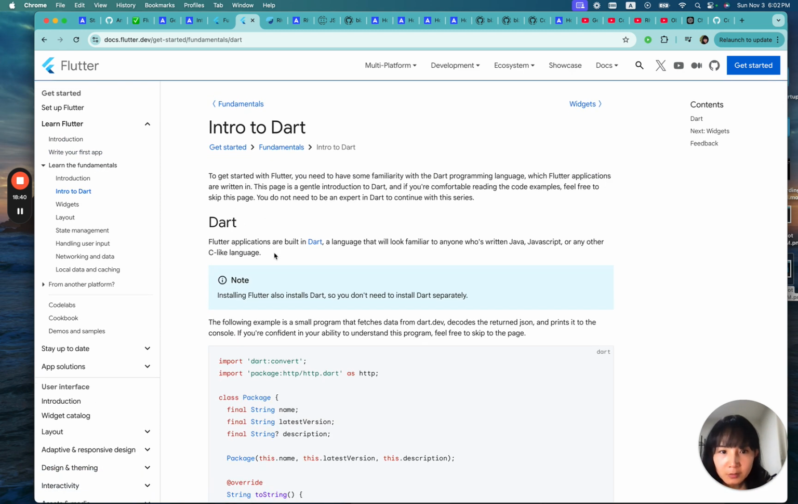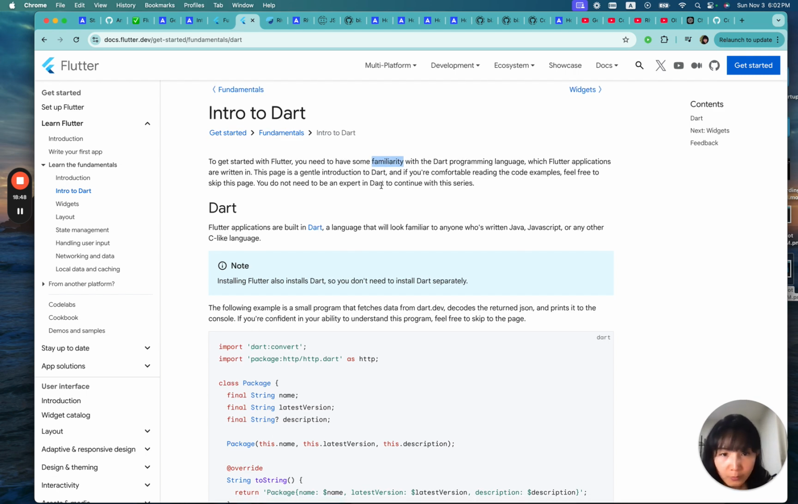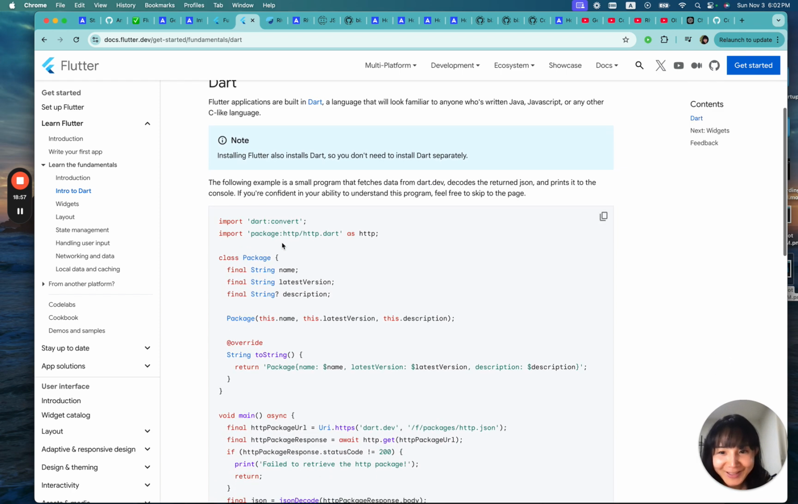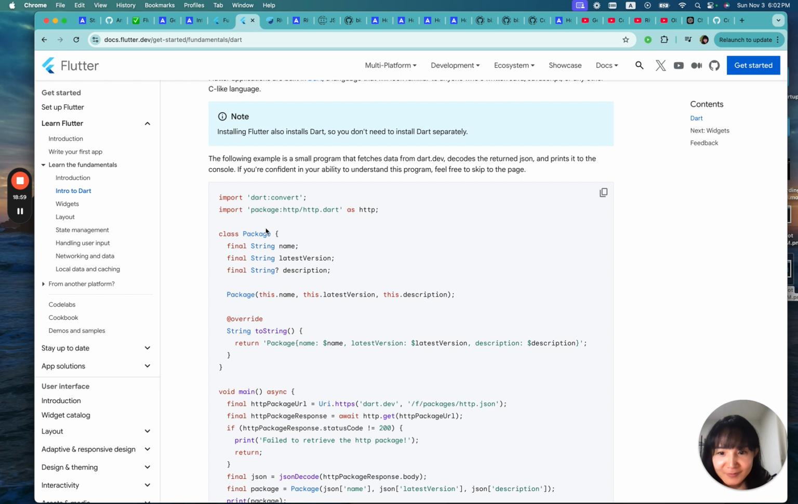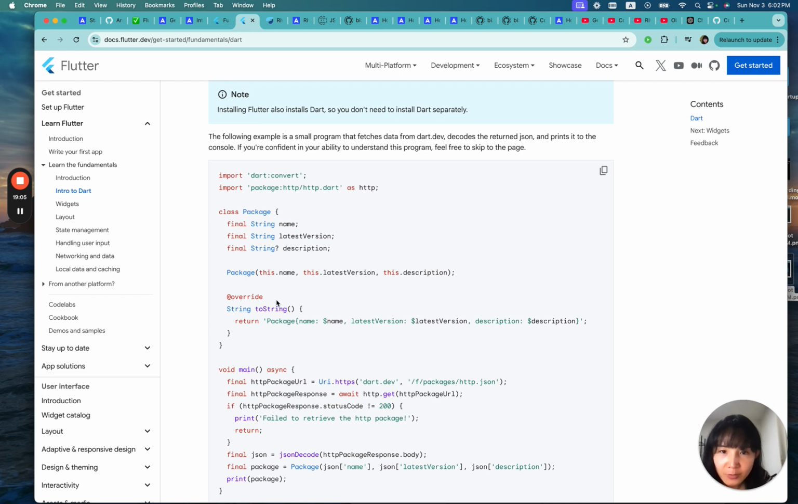So Dart, most people have never heard about it. Every time people ask, oh, what programming language do you use? I say Dart. I have to spell D-A-R-T. What is that? Okay. So this is the Dart syntax. It's typical OOP,